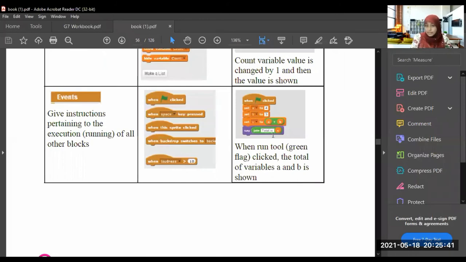And operators inside that, okay? So here, instead of clicking on the green flag, I am going to click on the cat. When I click on the cat, what happens? The cat talks. After that, it asks a question, and then it gives the answer for the question. Okay, so let's do that.